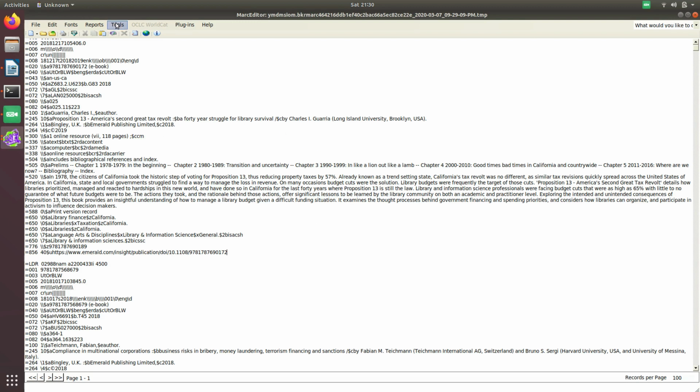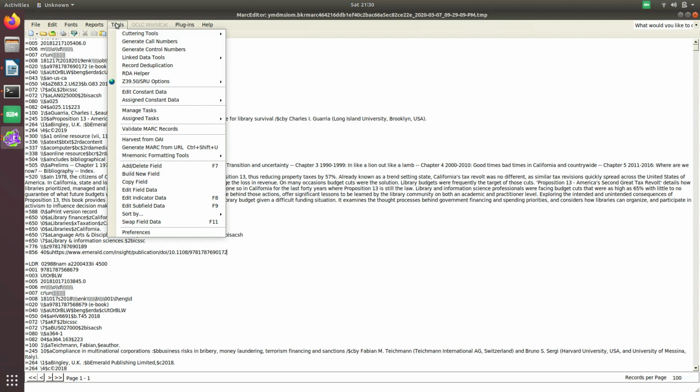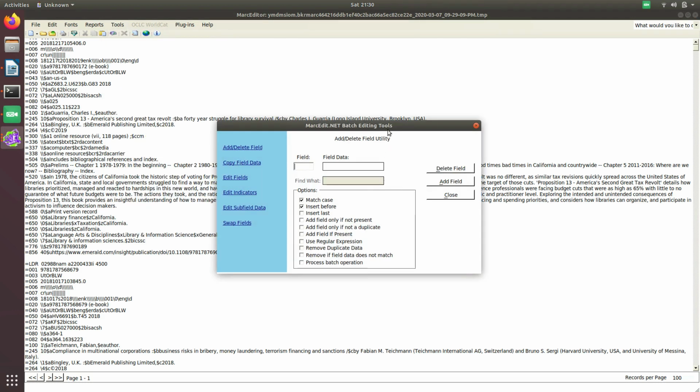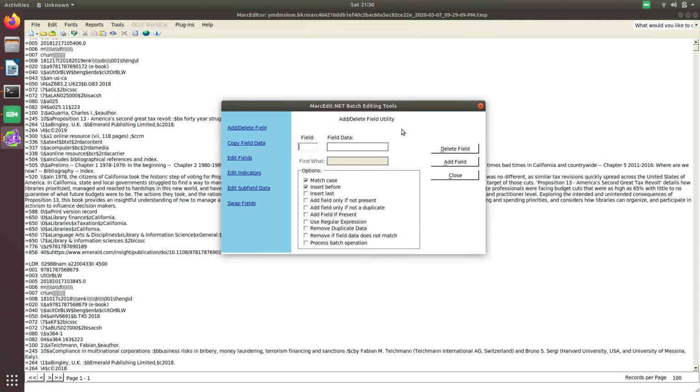We can click on Tools, then Add/Delete, and it will open the batch editing tool. This is a very important tool, and here we have to add the field. So 952 is the field, and the data is $A, where we mention the library code because A is the home branch.